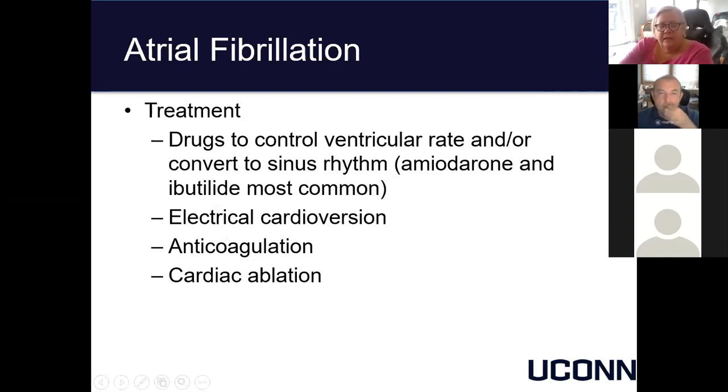And the preference with atrial fibrillation is to get the patient back into normal sinus rhythm, if at all possible. That can be done with medications, can be done with electrocardioversion, but you've always got to make sure that you either need to know when it started so you can determine the chances of having blood clots formed in the atrium, because again, if that atrium, after fibrillating for some period of time, all of a sudden gets regular and